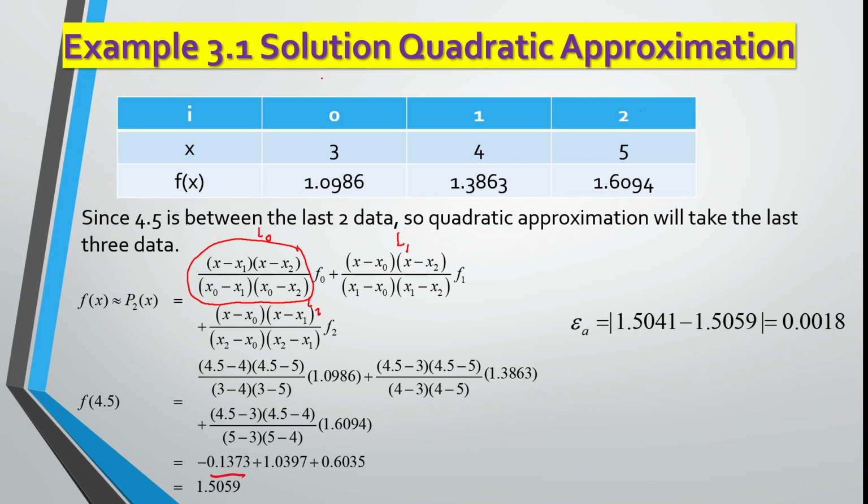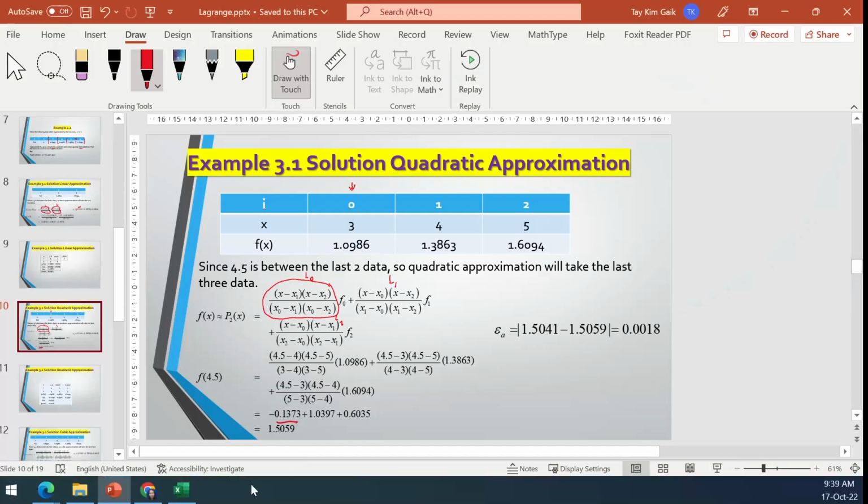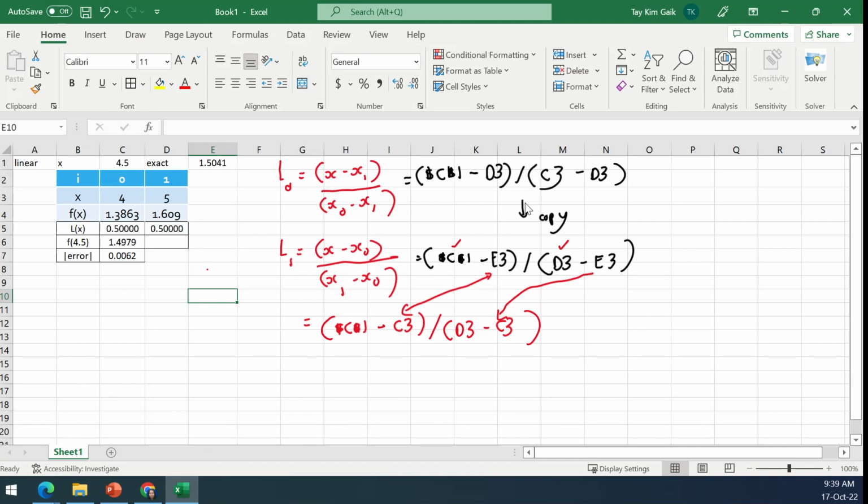So L0, when you're standing here, our X is 4.5. Minus, not from this point, 4.5 minus 4, multiplied by 4.5 minus 5, divided. For the denominator, just copy your numerator and then 4.5 is replaced by X naught. Then we are going to use the same technique to calculate in Microsoft Excel as we did for the linear approximation. So this is for linear, and then if you've got quadratic,